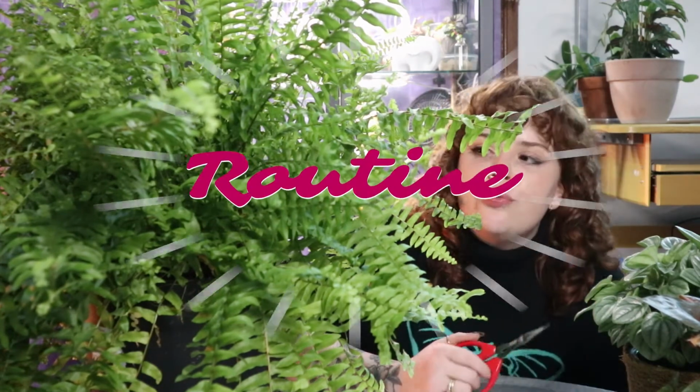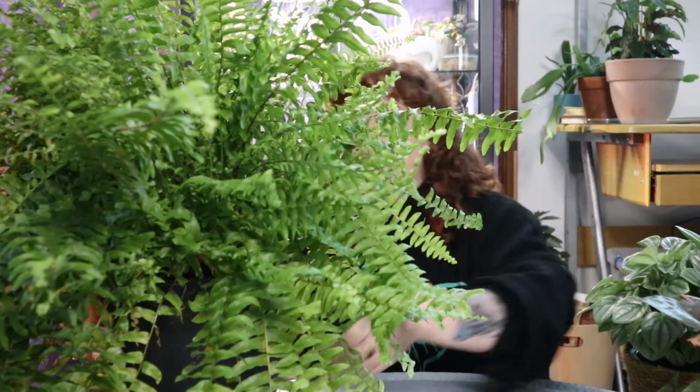Next point. Routine. Now, and we're done printing that part. It looks fantastic. Routine is an interesting,